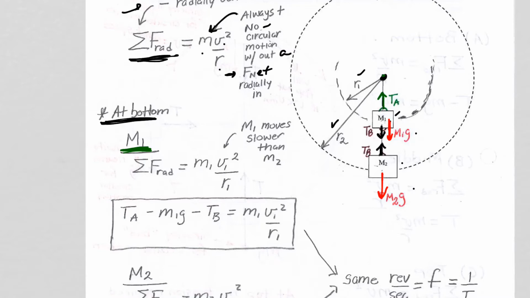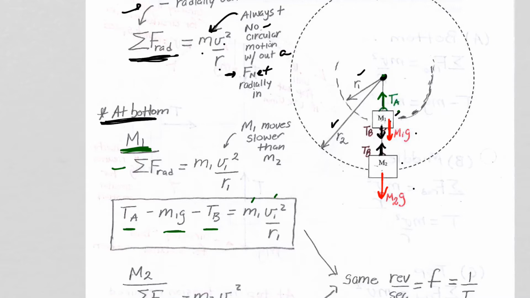So for M1, the inner mass, the sum of the forces in the radial direction equals tension A radially inward, that's positive, M1G outward, so that's negative, tension B also pulling outward on mass 1, so there's the sum of the forces in the radial direction, equals